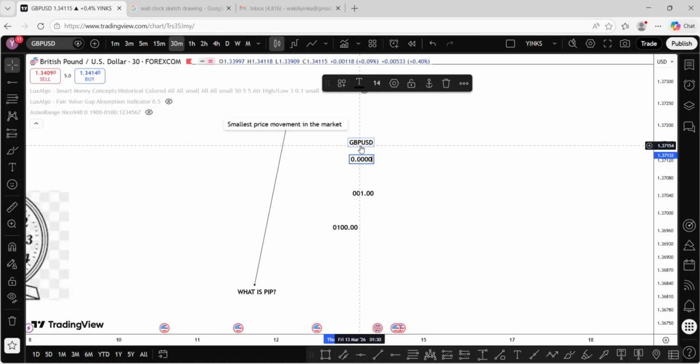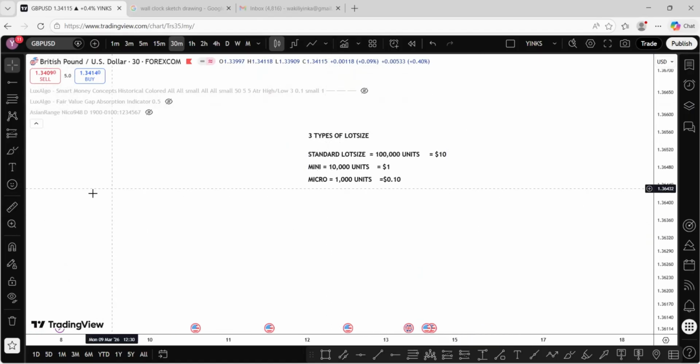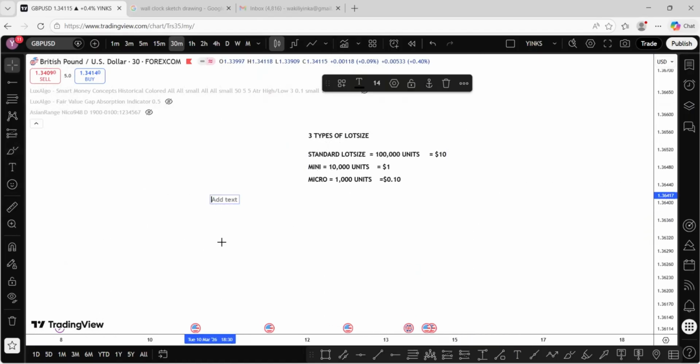For the market to move 1 pip in your favor, let's say you are buying a market and the market is moving in your favor, if you're using a standard lot size, the lot size starts from 1.0 to infinity. When they say infinity, it means you can use any number. You can use 100, 1,000, 2,000, 3,000, any amount as long as your capital